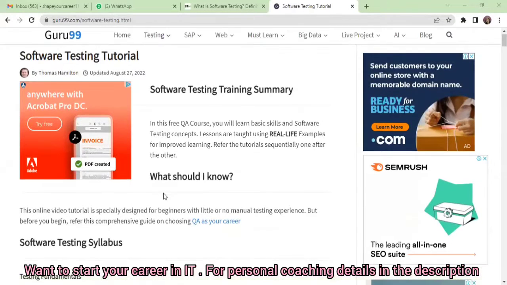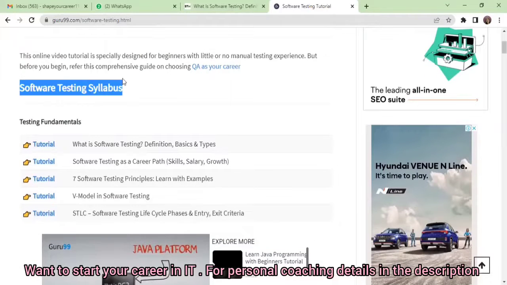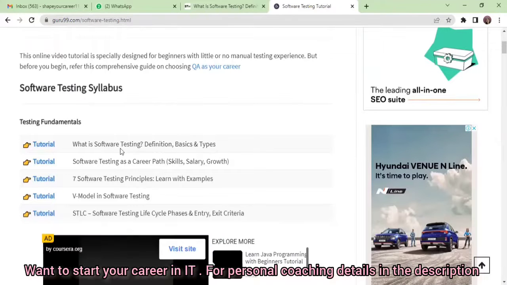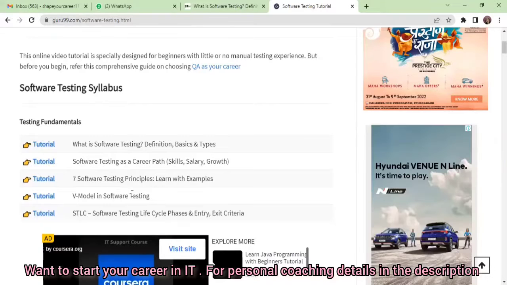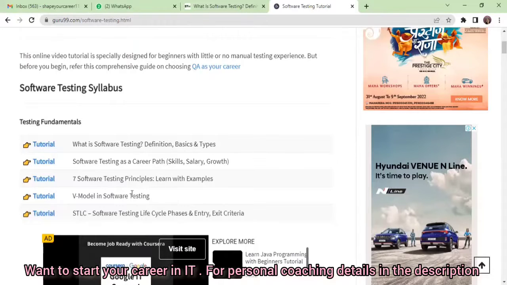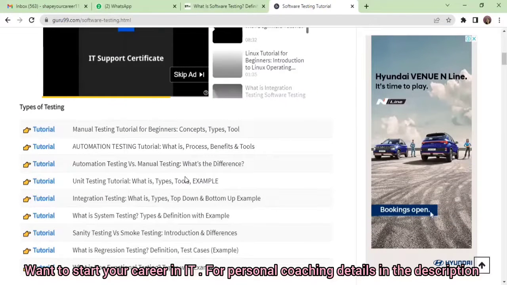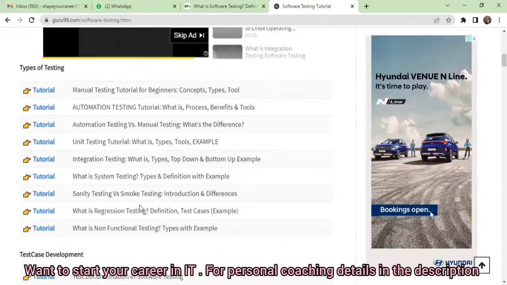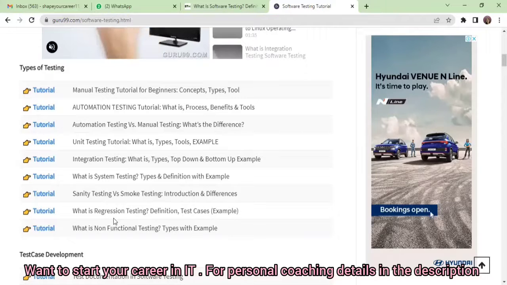See, okay. So basically, we have a certain syllabus to complete. Manual testing is one of the easiest ones, and on this particular website they have given topic-wise content. So it becomes easy for you to find your respective topic or question answers. That's why I prefer this particular website. They have defined things topic-wise, and it's easy.